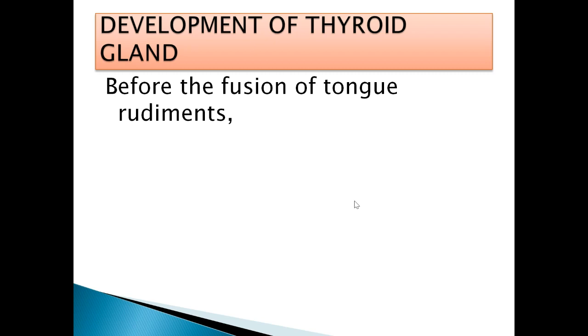So this thyroid gland develops before the fusion of the tongue rudiments. So what are the tongue rudiments we have seen? Lingual swellings, tuberculum impar, hypobranchial eminence. So before this fusion of these rudiments, the endodermal cells